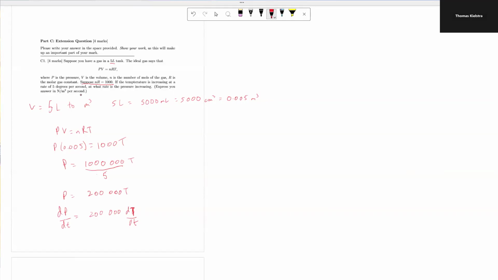Here, if the temperature is increasing at 5 degrees per second, how much is the pressure increasing? So the change in pressure with respect to time equals 5 times 200,000, which gives us this 1,000,000 Newton per meter squared per second,